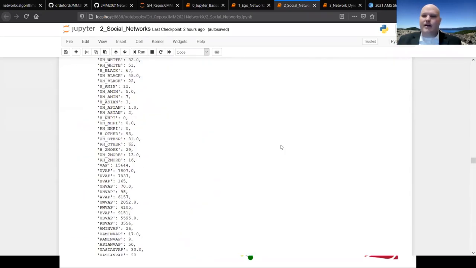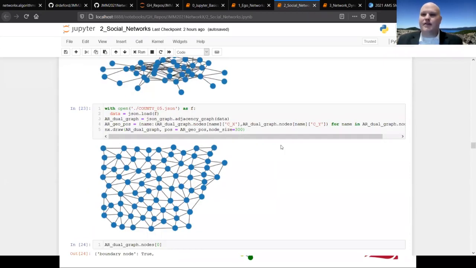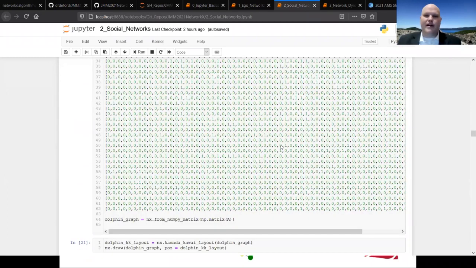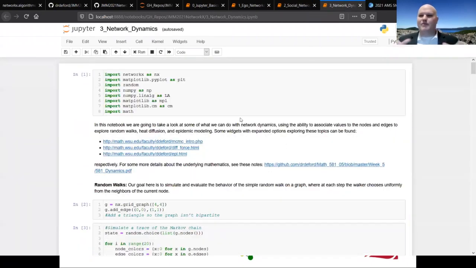Cool. So then at the very end here, I just want to look through a couple of brief examples about dynamics. The chat finally showed up. This is a thing that mathematicians really like to think about with networks, right? It's very natural to say, well, I want to associate a value to every node or every edge and then let that evolve under some sort of operator. There are a lot of really natural mathematical questions in that direction. And so this final notebook walks through three key examples of that people like to study